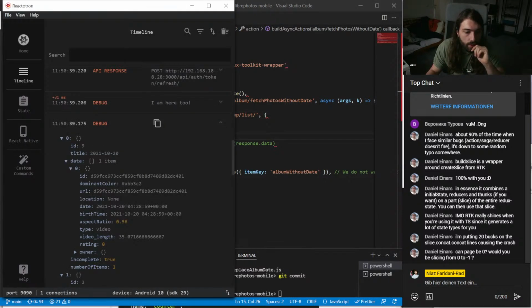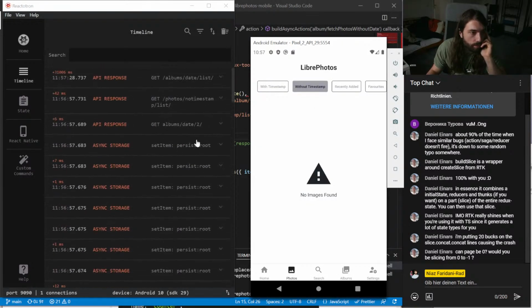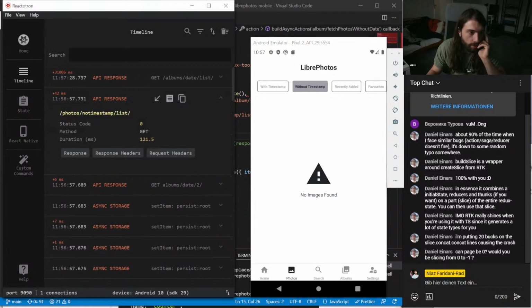So if we go in here and click on without timestamp, we get an API response, and that is usually 404. So we now have to change it to the new API. Right, so response.